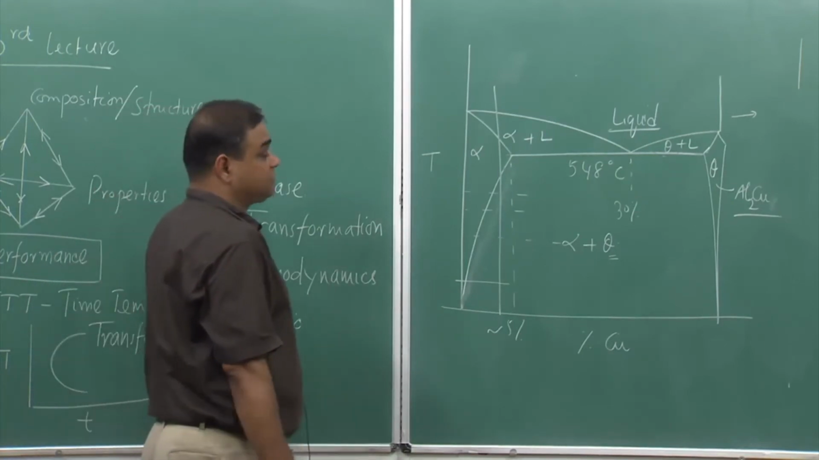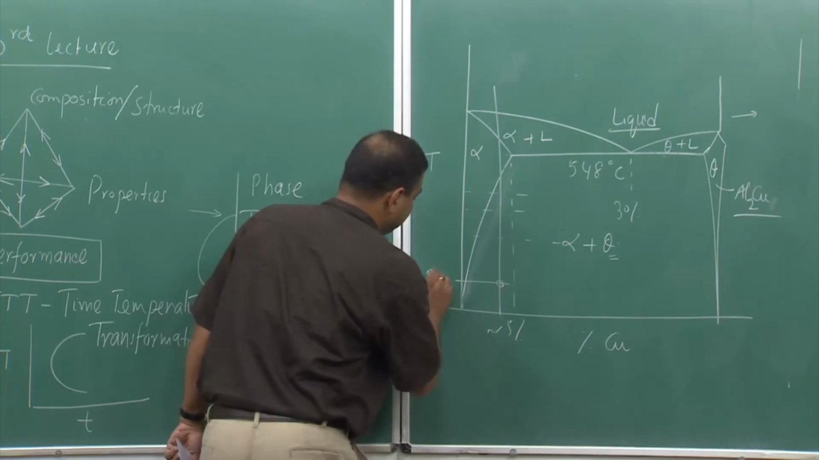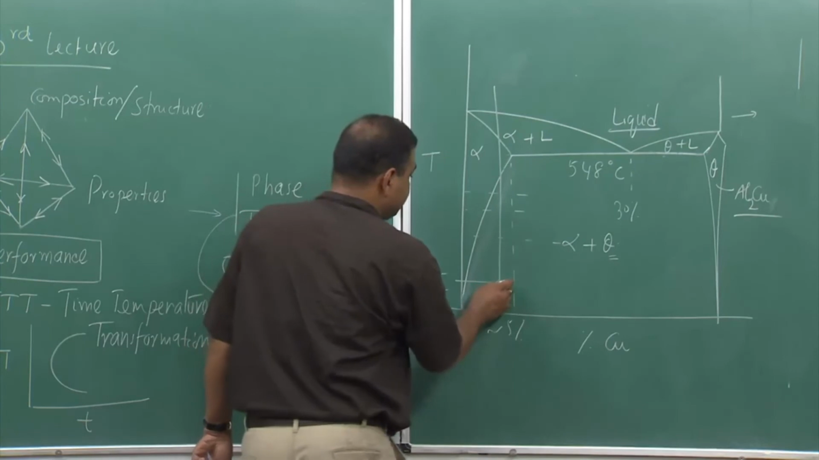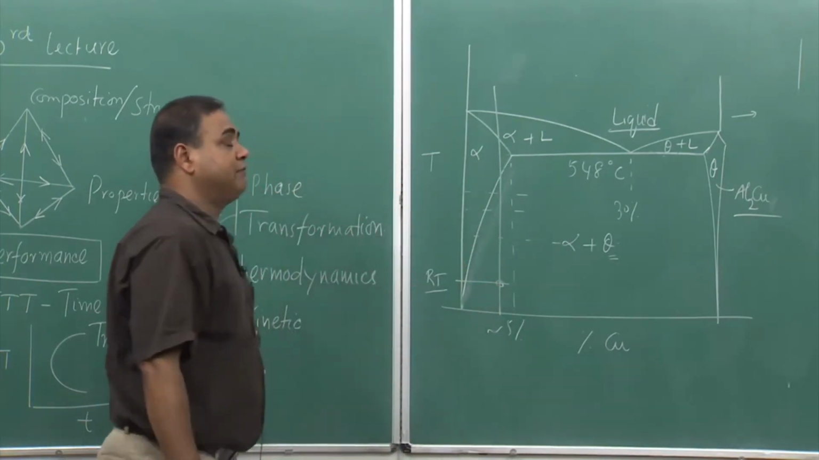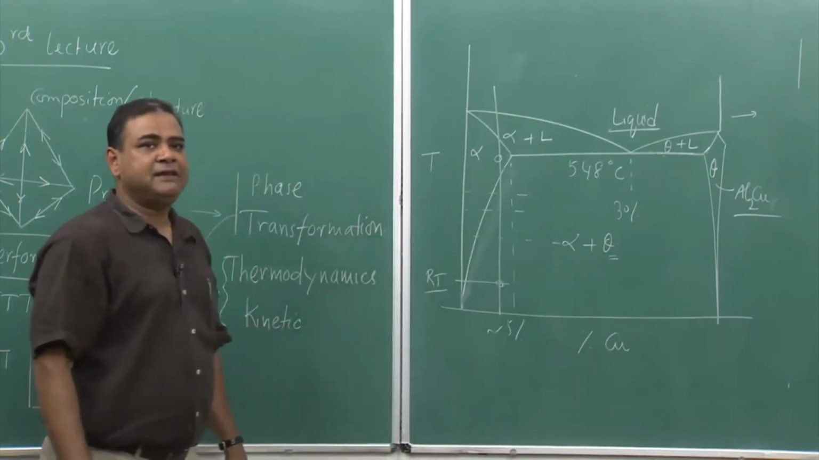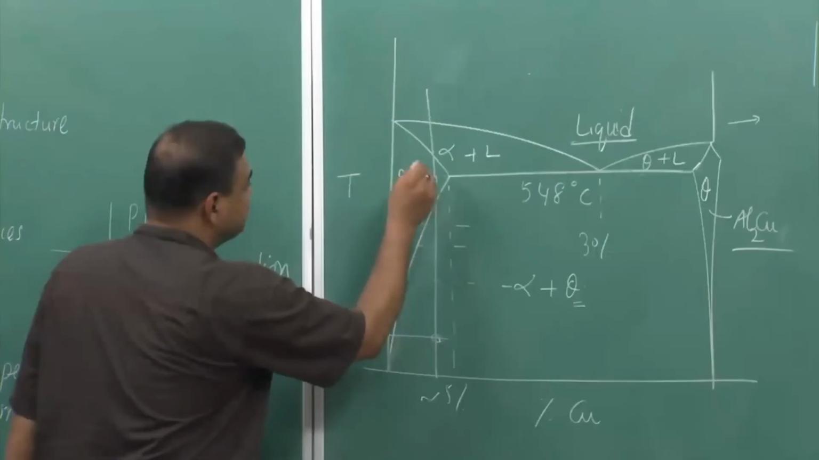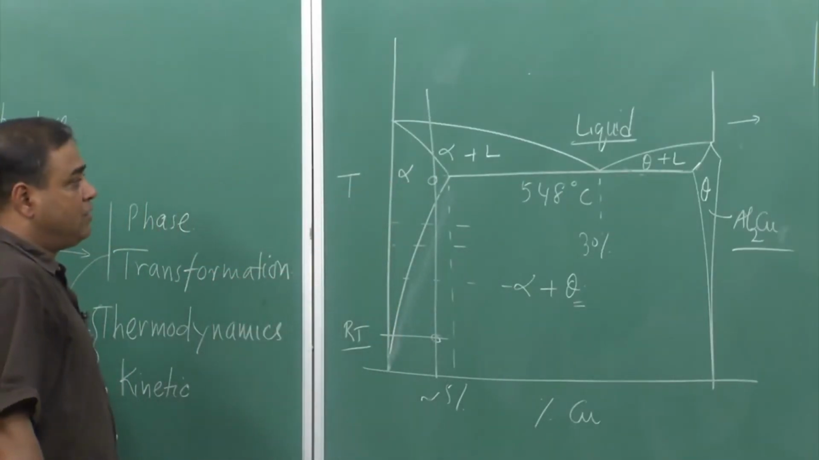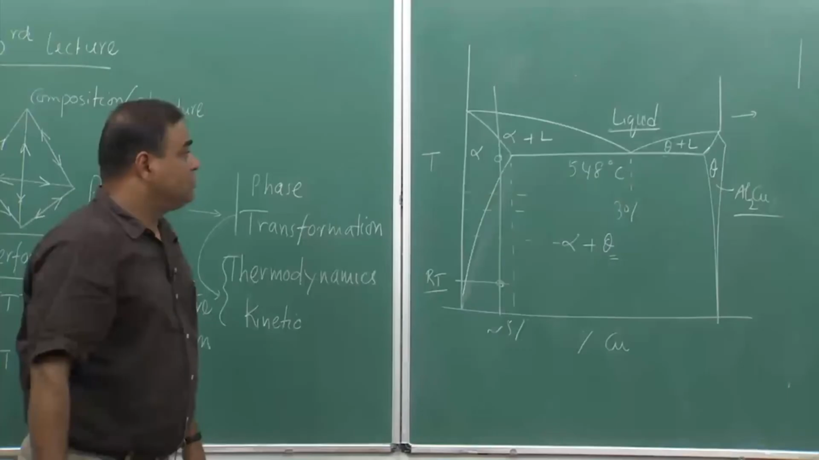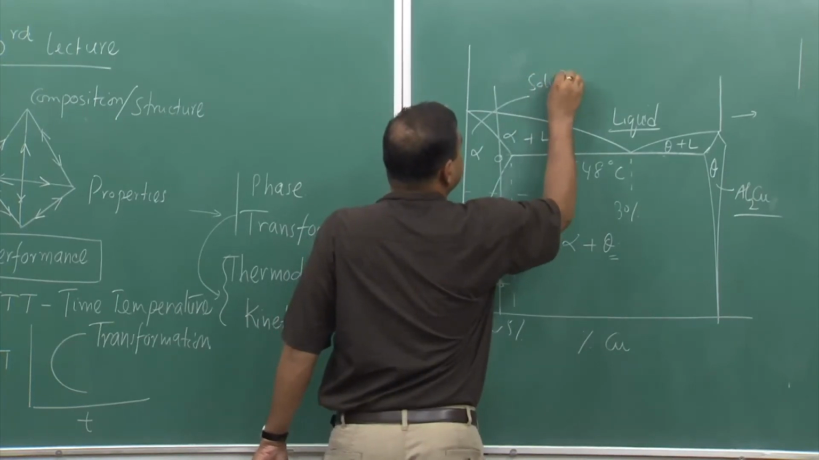Now, what would be the processing difference? Let us say I have some particular thing, and let us assume this is the room temperature, and at this temperature whatever phase mixtures we have, if we take it to this level and hold it, everything will mix, and at that time it forms a single phase alpha, which is nothing but solid solution